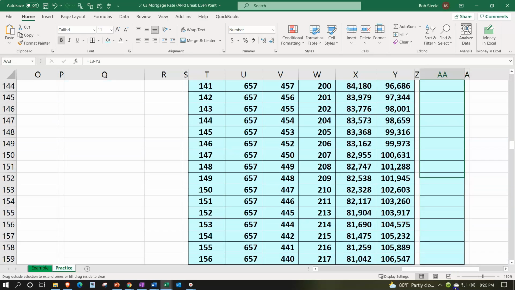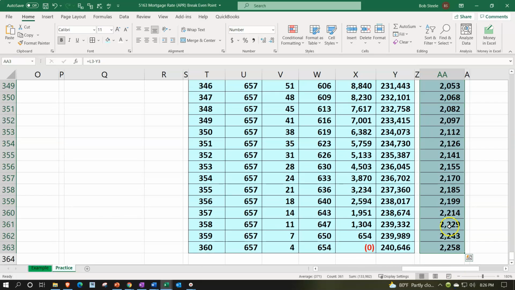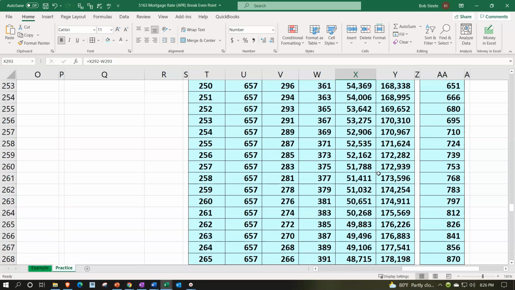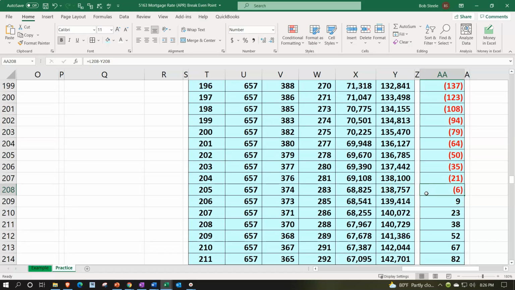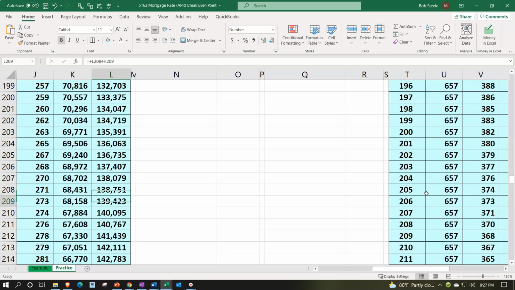If I copy that difference all the way down, we're looking for the point when it flips. So it flips, right? And that happens somewhere right here between payment 205 and 206. You can see that's when the loan balances kind of even out at that point in time, right? So we're going to say the loan balances are around